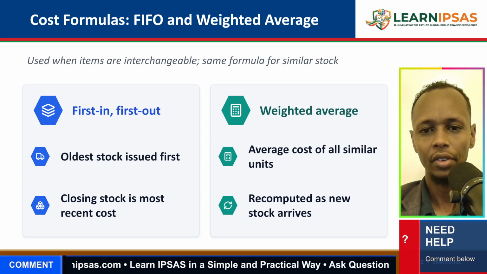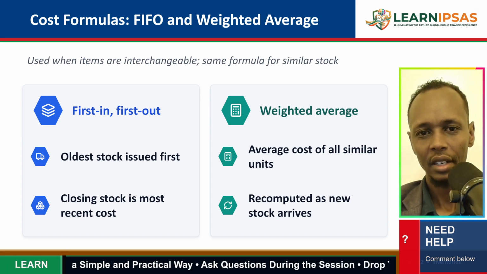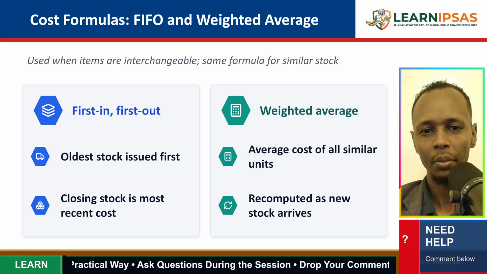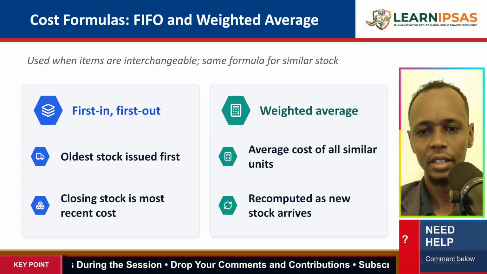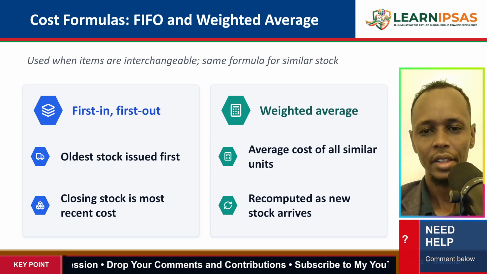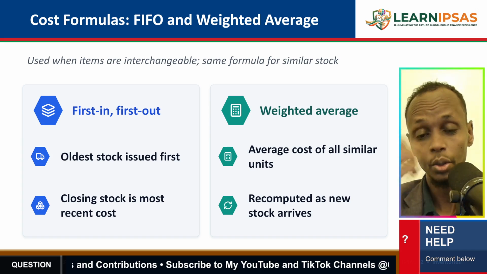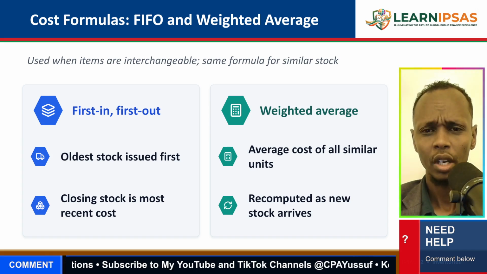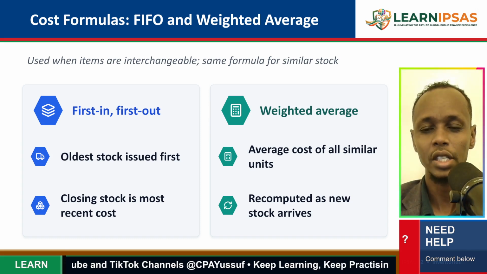Then we have the weighted average. So we take batch 1, this is the cost and this is the volume. Batch 2, this is the cost and this is the volume. And then we add them together and divide by the number of units received, and therefore that will give you a weighted average cost. But LIFO, as I said, is not permitted because even for a shopkeeper, for example, today